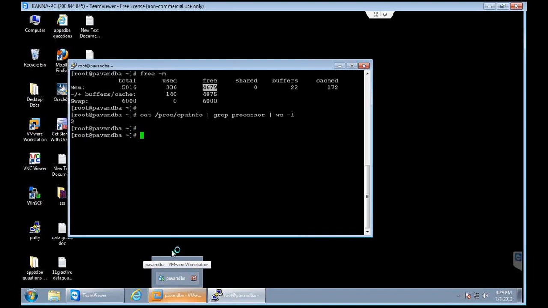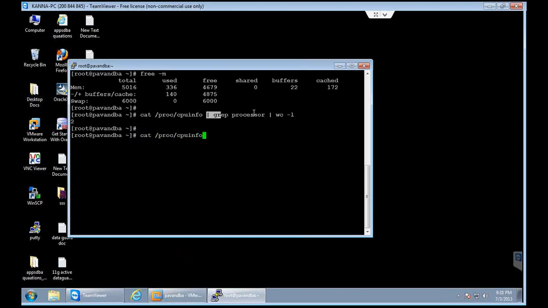Okay, for people who don't have an idea about cores, earlier we used to have one core in one CPU, but nowadays in one CPU we are getting multiple cores. If you want to find out how many cores there are, you are going to use a similar command, cat /proc/cpuinfo.